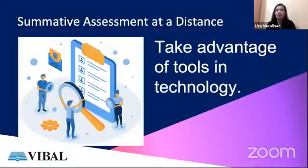Next is for us to take advantage of tools in technology. You see, earlier in my presentation, the situation of the mom and the son in the story is in a traditional assessment that happens in the classroom, where teachers get to prepare exams in sets. Still, students get to be creative and get to be skilled, and use those skills in a bad way. So we might as well think of how we can leverage the use of tools,